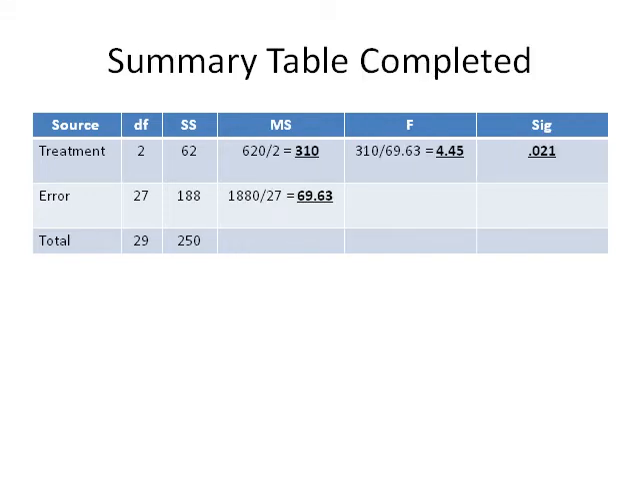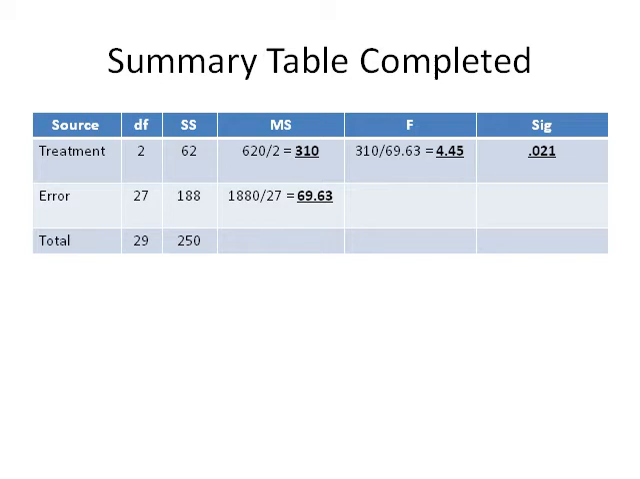In this answer, the mean squares treatment, or treatment variance, is sums of squares treatment divided by degrees of freedom treatment. 620 divided by 2 equals 310. The mean squares error, or the error variance, is sums of squares error divided by degrees of freedom error, or 1880 divided by 27, equal to